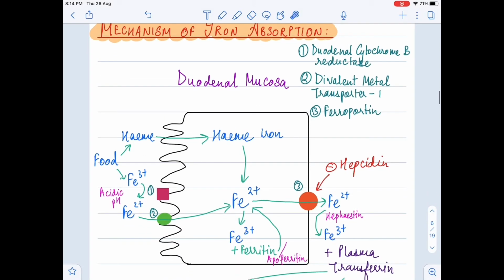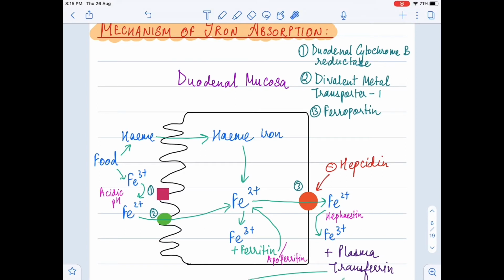So, the dietary iron as heme and ferric iron from the food now attempts to enter the duodenal mucosa. The heme iron manages to enter the mucosa without any form of transport channels, but ferric iron, due to its trivalent nature, is unable to enter the duodenal mucosa. So, in order to enter, it needs to be converted into the divalent form, which we call ferrous, which is possible only because of two things: the acidic pH and one enzyme which we'll call duodenal cytochrome B